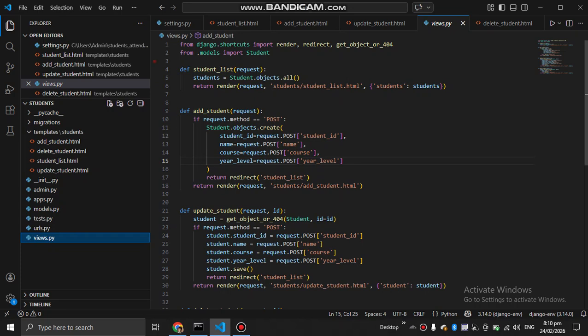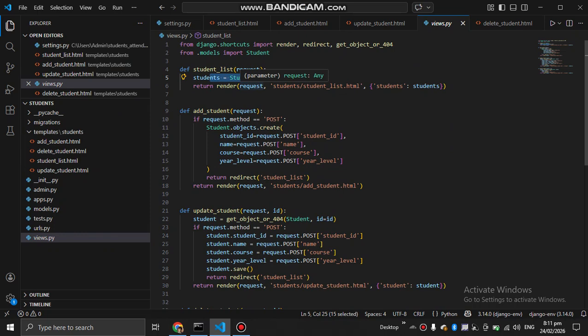Then we have a lot of functions that we use. We have def student_list(request), a function that shows all students. Students equals Student.objects.all(), this line of code gets all students from the database.